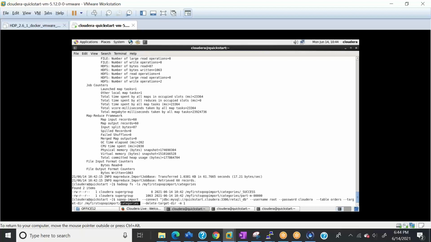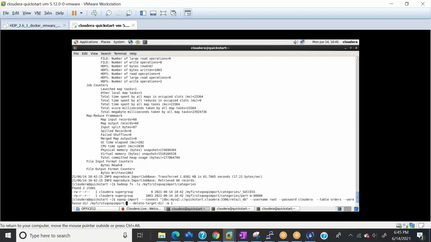What you can do, delete this, let Sqoop decide which directory it needs to create, but instead of target directory, mention warehouse directory here. Warehouse directory. Okay, so let me run this again. Ideally, if you see here, I didn't give any directory name, right?